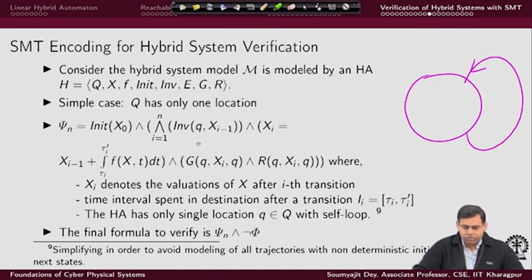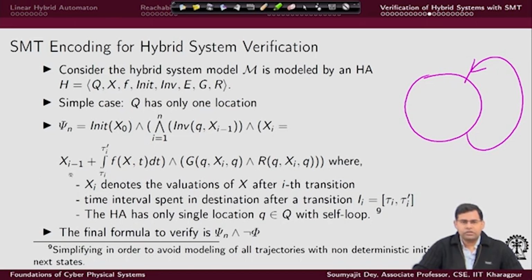So, the formula which will model all the evolutions here would be something looking like this, right, that you have an initial set of states. So, for the initial location, all possible initial valuations are captured here using this formula, and then you can have n number of transitions here, right, n number of self loops being taken. So, in each of these cases, you have to satisfy this invariant of the state for the corresponding valuations that are reachable with i number of steps here, and then for each of those transitions you need to satisfy this